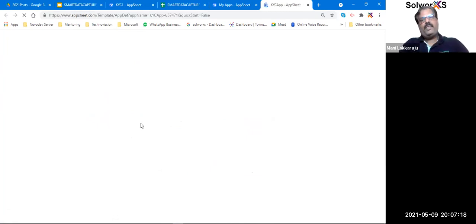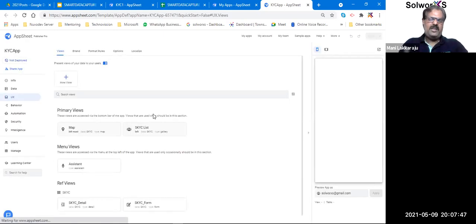Just a little automation, a little configuration I've done, more so that it gives a wow effect when you use these apps. When you share these apps, imagine a situation where you want to capture the KYC form from the customer. Typically, we have a huge list of things to capture. When you ask them, they don't feel comfortable because they don't want to give all the details, right?